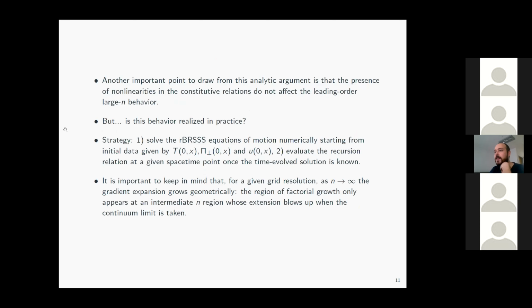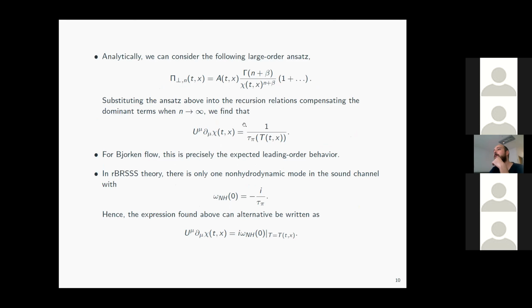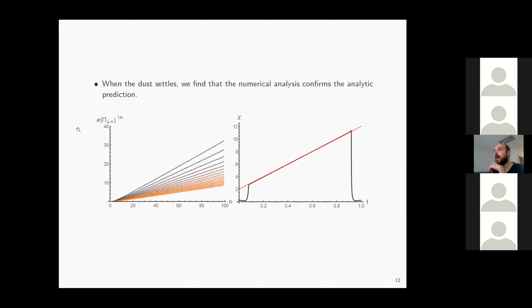So the way to see this is that you basically integrate this along a particular fluid flow line. You take the left-hand side, you just choose a point here, in this case the middle point, and you correct for the offset. And then you see that the agreement is exceedingly good, okay? So this initial data actually behaves in a way that conforms with the prediction of this analytical argument that I show. And of course, this very nice matching between this chi function and the slope of these curves is specific to this particular initial data. In general, this is not guaranteed to happen.